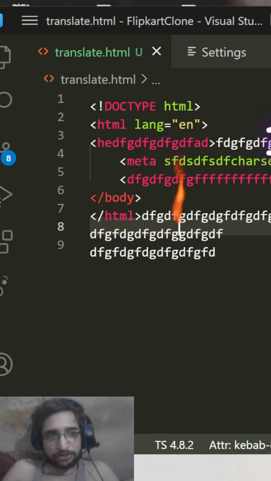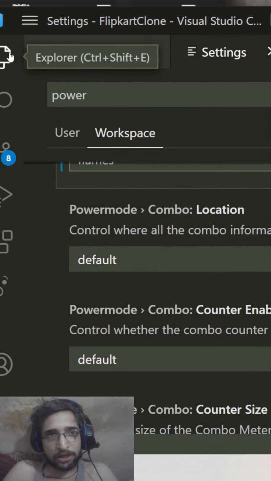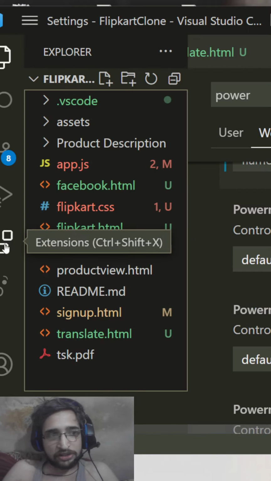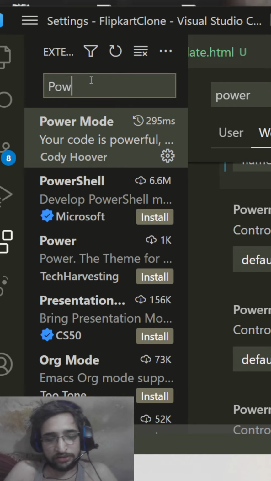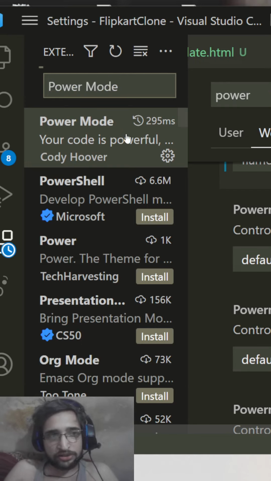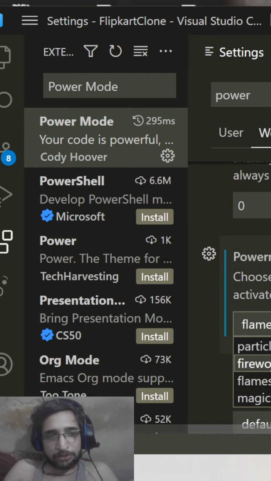So this is a very awesome extension which is provided by Visual Studio. The extension name is Power Mode. So basically if you go to the extensions tab, you just need to search for this extension which is called Power Mode. This is the extension. You need to simply install this, and after this you just need to change whichever theme that you want to: